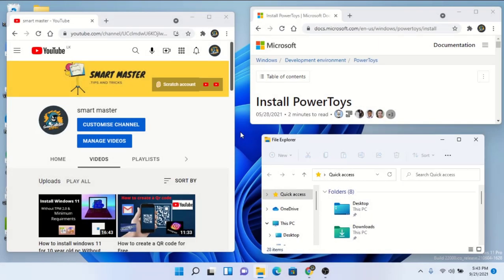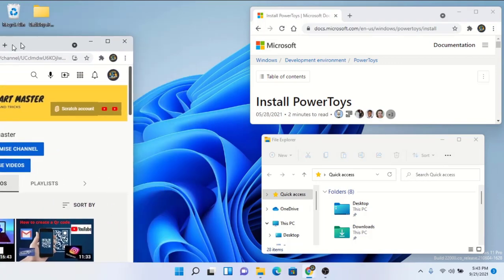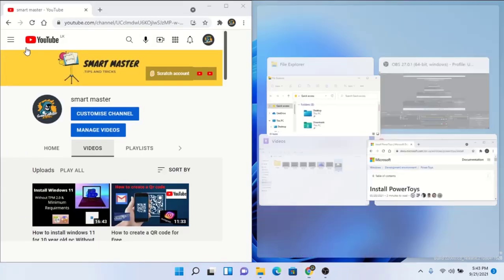This brings us to awesome feature number 3. In Windows 11 you are now able to take snapping to the next level. Now I can always snap in Windows 10. Here I can simply take a window and drag it over to the side, and I can snap it to that position.